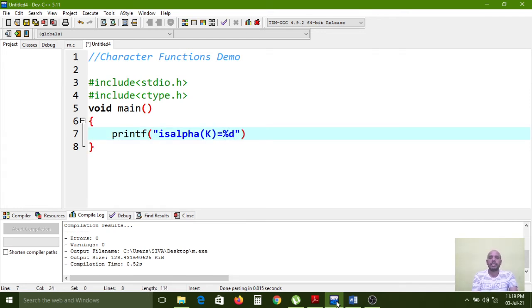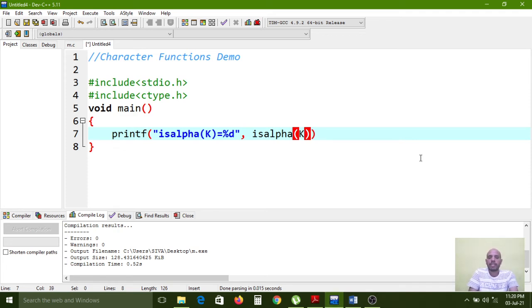Why percentile d? Because true or false returns digits, 1 or 0. So if you want to show that 1 or 0 in the console window, we have to use the percentile d format specifier, because those two are integers, those two are numbers. So for digits, we can use the percentile d format specifier. Is alpha of k, the character I am passing.